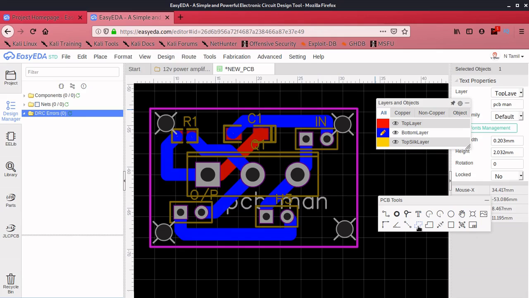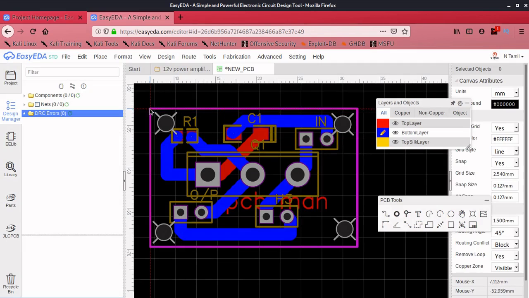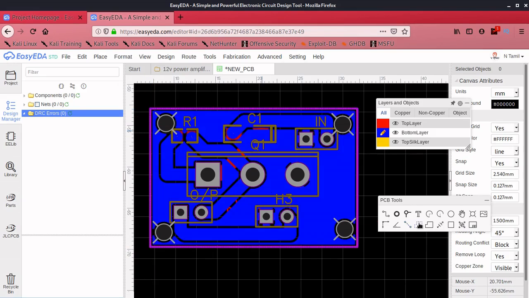After that I can choose copper area to make my layout outline a good one. So I can click it here, click, and then escape, and it makes me a good one.